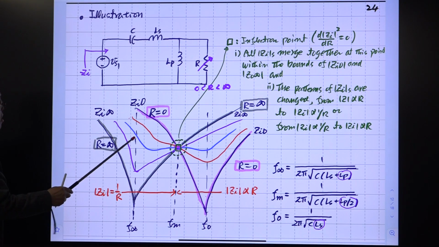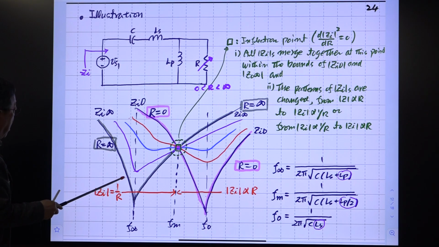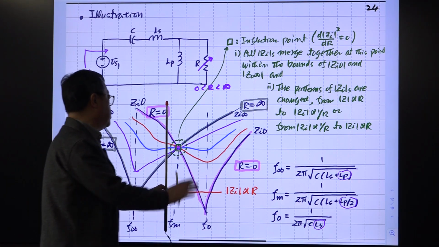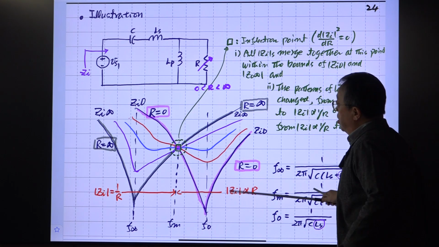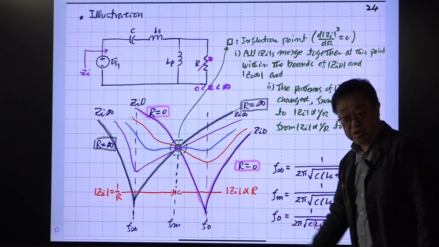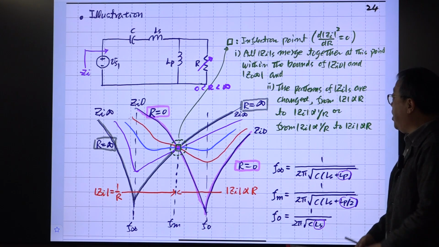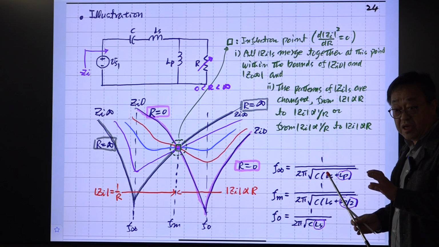In here, if R is increasing, the magnitude of this GI is decreasing, right? So this is the borderline. On the right-hand side of the borderline, GI is proportional to R, and on the left-hand side of the borderline, GI is inversely proportional to R. Okay. Last time I explained this regarding the light load efficiency.